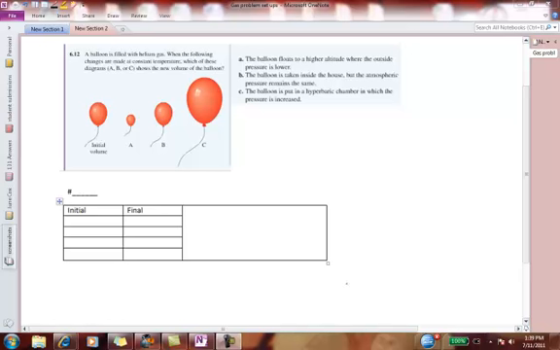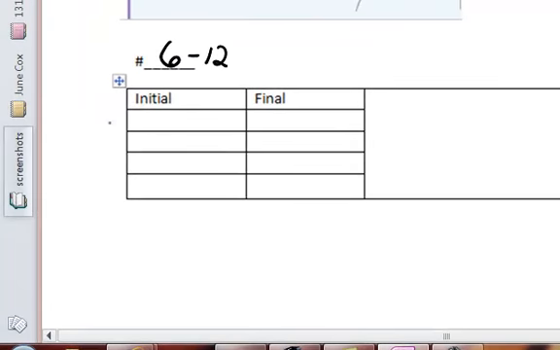This is an example of using the gas laws to predict the changes expected in P, V, N, or T. The problem we have is problem 612 from your textbook, and it says that a balloon is filled with helium, and it tells you when the following changes are made at constant temperature, which of the diagrams, A, B, and C, shows the new volume of the balloon. Well, one of the ways that you can look at this is to look at all the possible